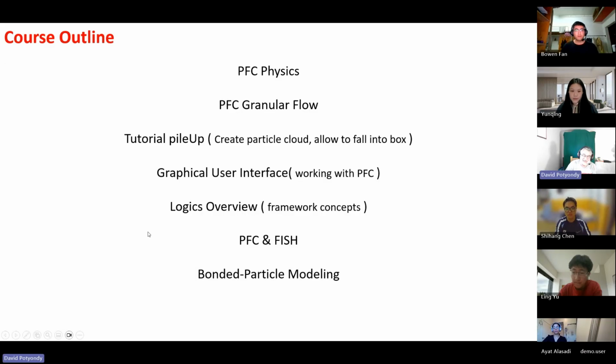Down the road here, these are quite short things where we talk about some of the fundamental underlying capabilities that we use to do PFC models, but we're going to see those in the tutorial. And then I'm going to talk about Fish, which is an embedded language in PFC, and all of you are using PFC in a sophisticated fashion. And so you're going to be doing extensive use of Fish. So we're going to have a lecture and some examples about Fish, which then will lead us to talking about